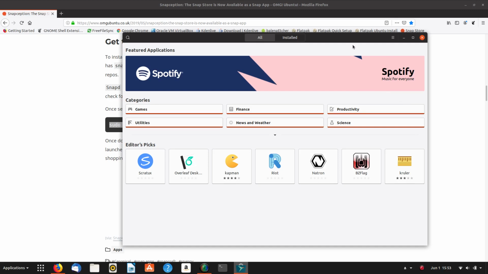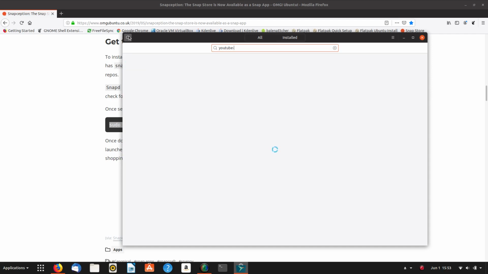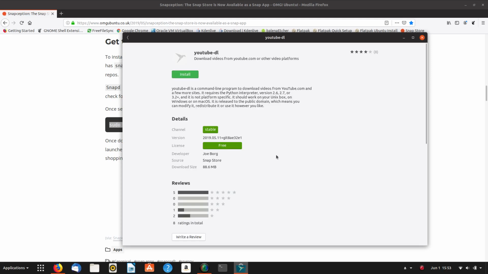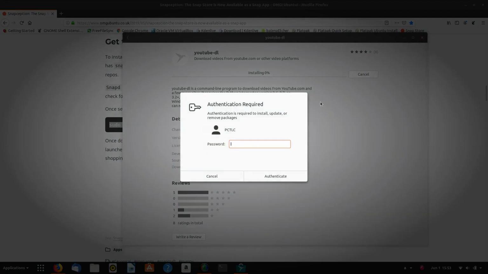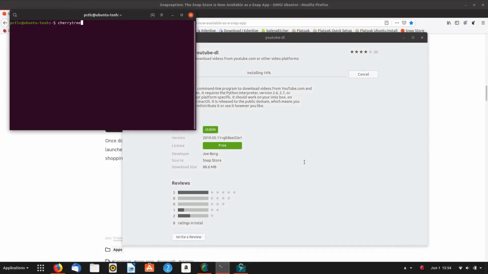YouTube DL. Sometimes I need to download my videos that I've uploaded to YouTube, and YouTube DL is a very good one to do that. Now, I've never used a snap for that before, but let's install that and see how that goes. Now, to install through terminal, you can do sudo apt install